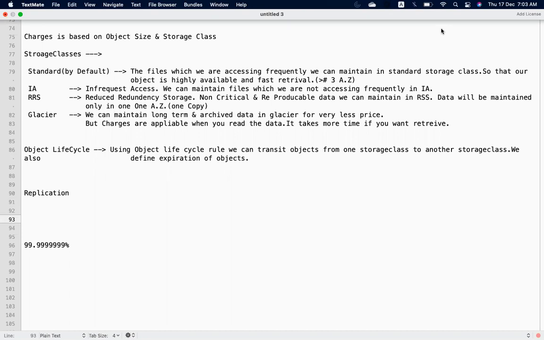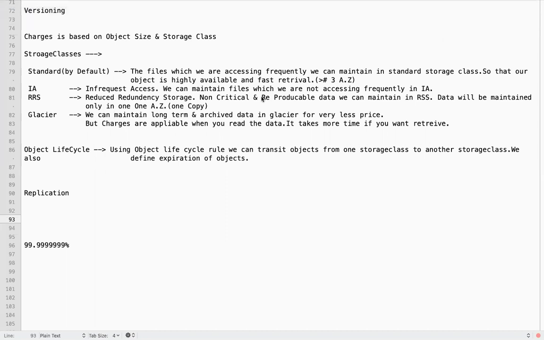So I can replicate this S3 bucket in another region. I can create a replication rule. So this bucket will be replicated, this bucket will be duplicated.